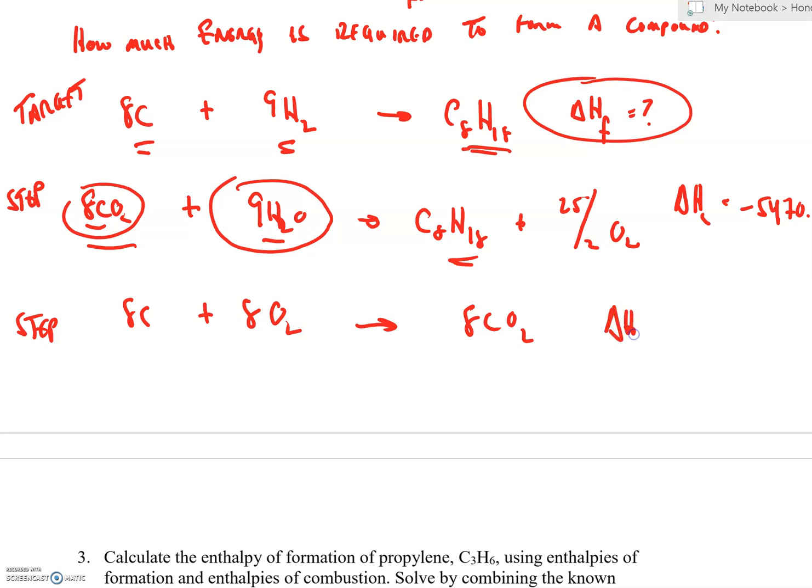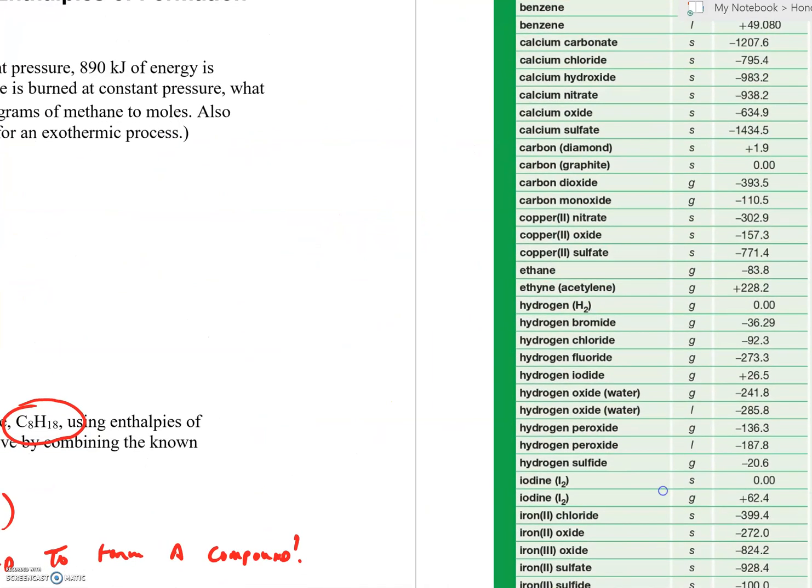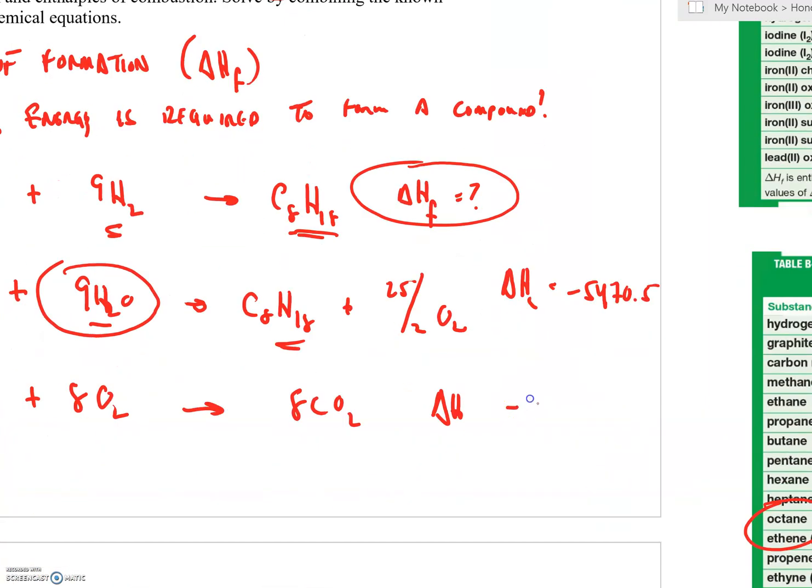Now, according to this table, right up here, we know the heat of formation of carbon dioxide. It's right here, negative 393.5. Well, that's if you're making 1 mole of carbon dioxide, but we're not. We're making 8. So let's multiply this by 8. Make sure you have your calculator handy. And we'll say negative 393.5 times 8 is now negative 3,148